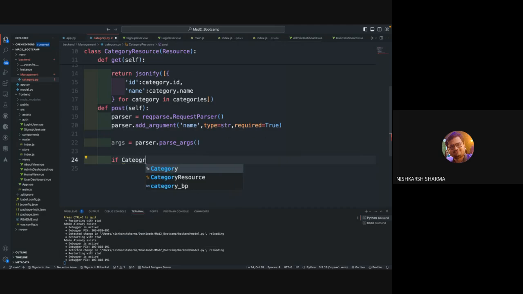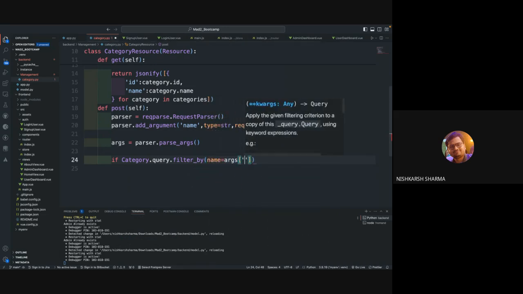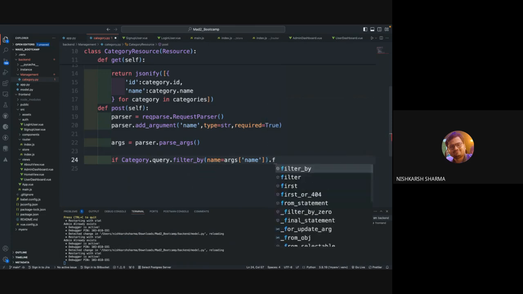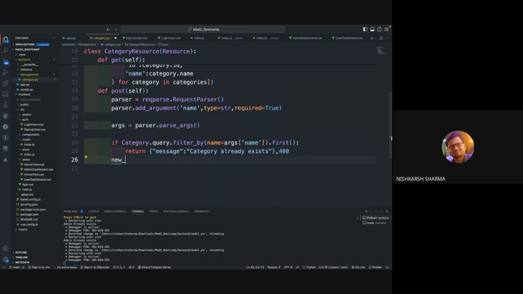So now the next thing we will do is check in our database, by the name which we have passed from the front end side, whether some category exists or not. Message: category already exists, comma 400. And if nothing else, so if everything is fine, so we will just